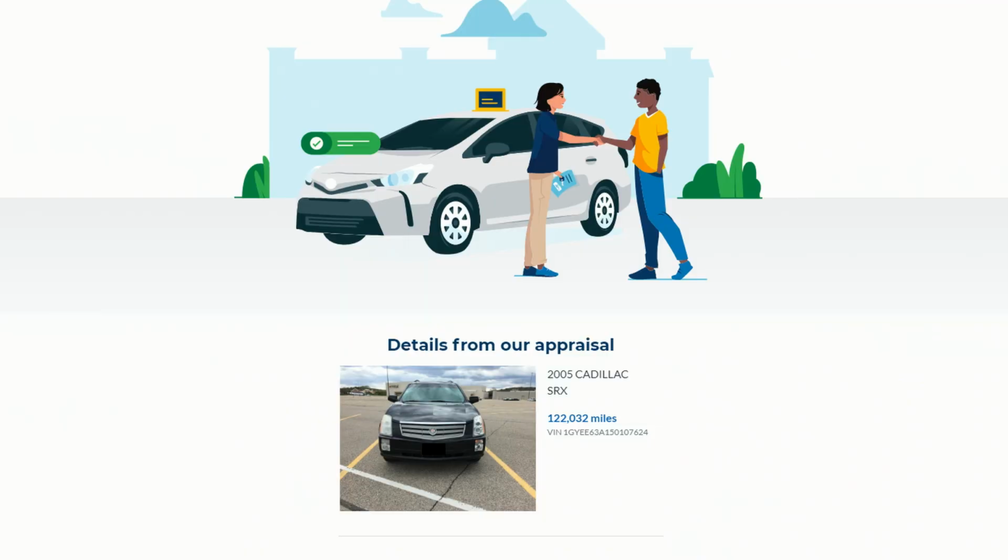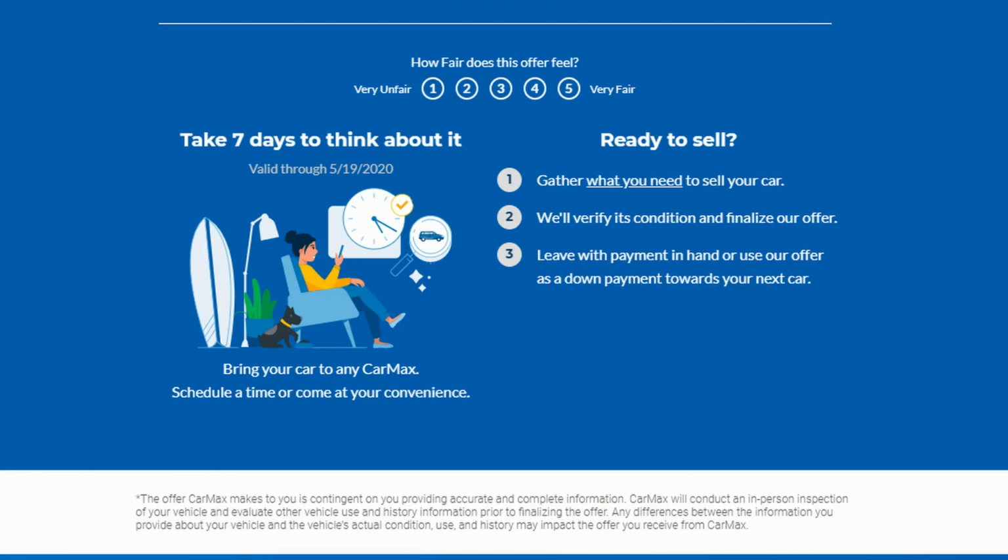They actually responded, and this is the one in Minnesota. They did respond a lot quicker than that, and I got an offer that I thought was sufficient for this vehicle. There are some issues with this car, and I'm not satisfied with it. I was actually supposed to bring it into CarMax 2 days ago,